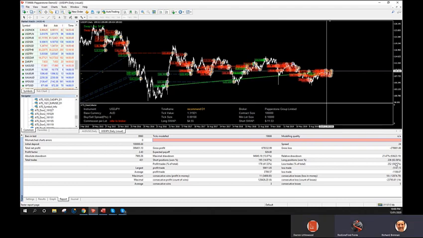The other thing you need to be aware of, or the members need to be aware of, is that the swap figures that we're using are today's swap figures. We don't know what the historical swap was, but the EA, if it was run in real time in the past, would have accounted for that. But right now, we're basing this test on our current swap numbers.